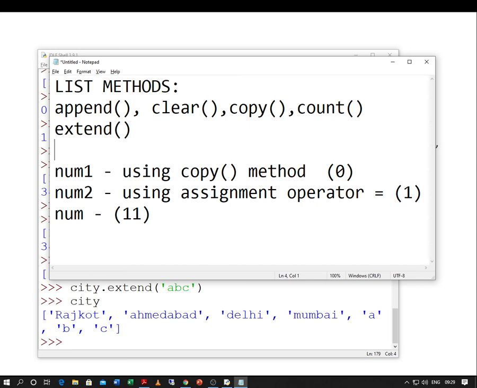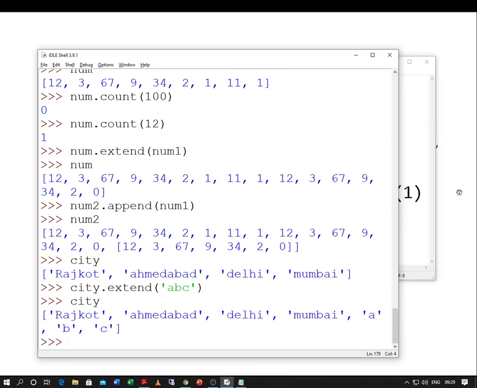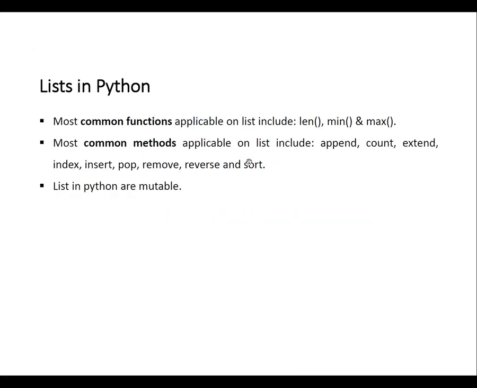We have still number of other methods left as far as a list is concerned. You can observe over here, index, insert, pop, remove, reverse, sort. So for this session we end the session over here. In the next session we will try to study the next few methods. Thank you.